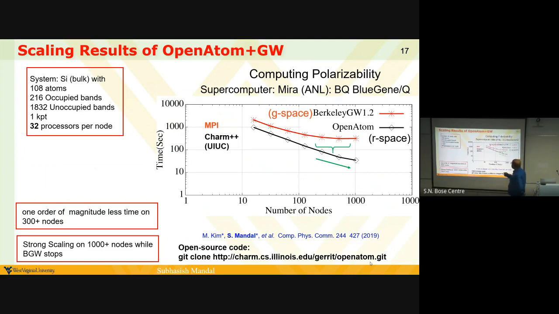And you can see two things. One, every time we're taking less time. And two, it is going almost in a straight line till 1,000 nodes. And each node has 60 processors. So 60,000 processors are going to scale. Whereas the other software, and this is one of the best software in GW, kind of saturates. So now, given a big system, you can actually compute.